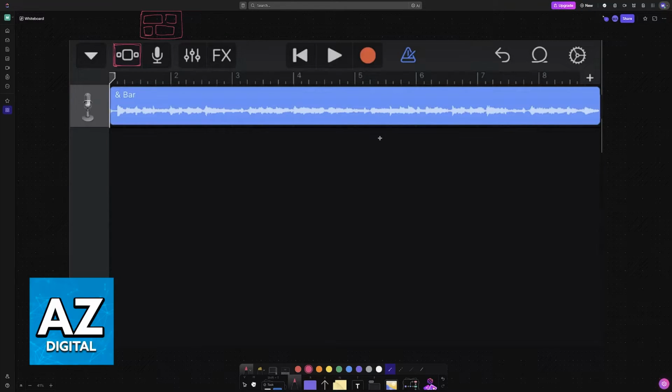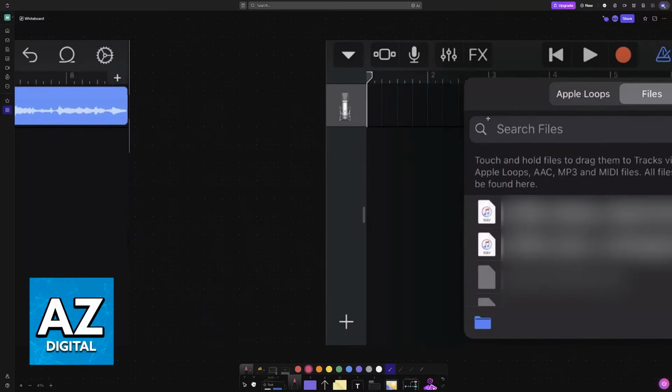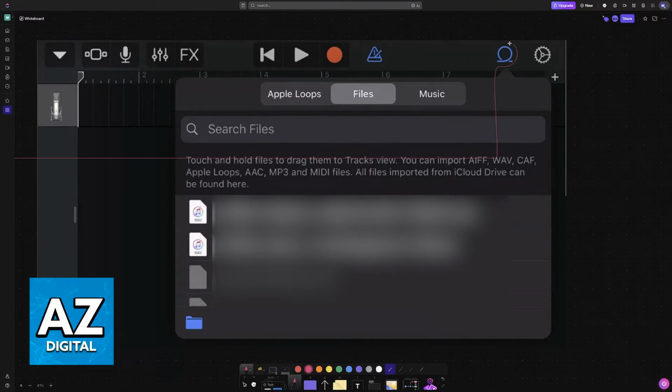Inside of here, you will need to bring your song into the timeline. To do this, tap on this little icon at the top and then browse through the files on your device. You can also browse through files on iTunes and other options, but the one that I recommend is inside of default files. So you drag and drop this MP3 or .wav file into the timeline. Basically, you are importing the song into the editor on the timeline.